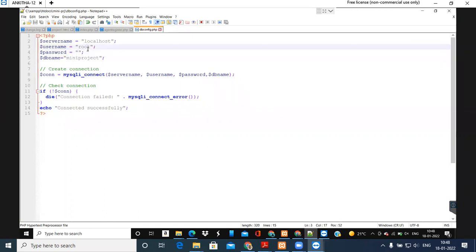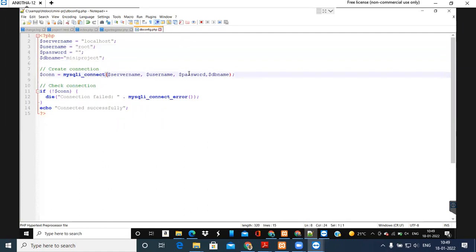So if you just installed XAMPP and did not change your user id and password, by default the user id is root and the password is empty. And then here you should be careful, you should specify your database name, don't mention your table name. Many of you are facing that same problem. If you mention your table name, how will it work, right? So that's why, if you get an error, you will get it here only.